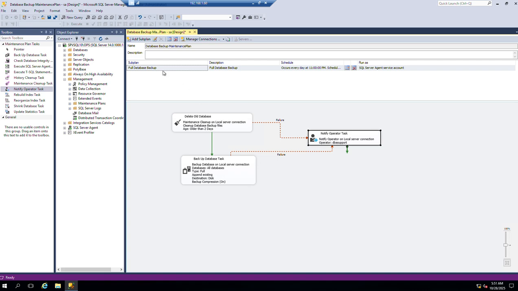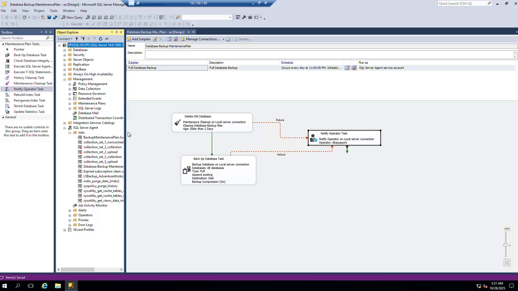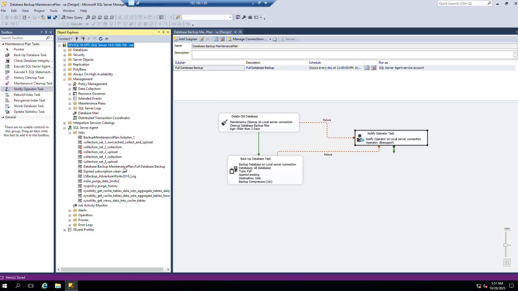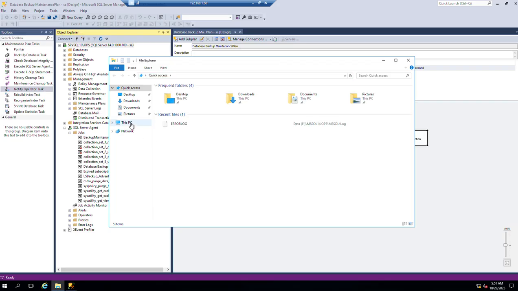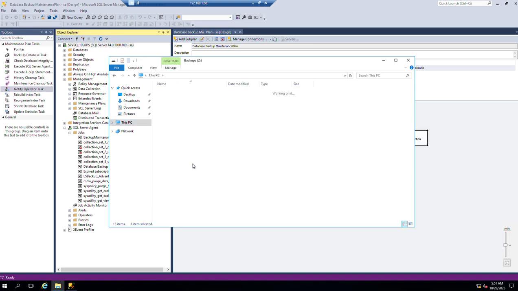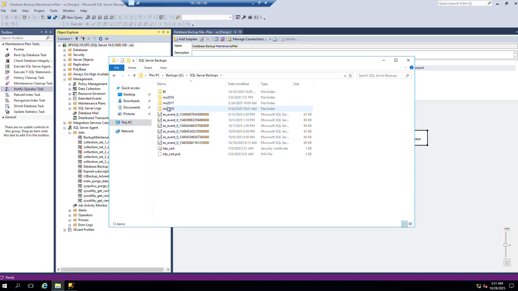And that's okay. So I'll save that, and once you save this maintenance, remember it is going to create a job right here. And this is the job for the full backup. So if I go to the folder where we have the databases being backed up, and I look at them right there,